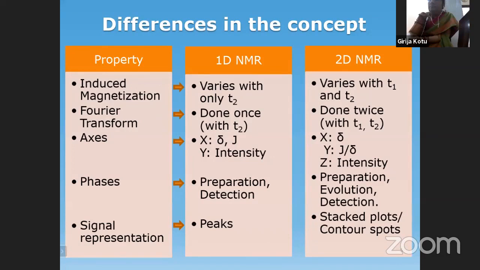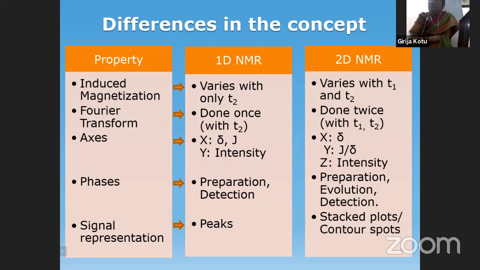Fourier transformation is nothing but this: the signal, which is a function of time, when you do the Fourier transformation, is converted into a function of frequency, where you can read the spectrum, which varies with the frequency, so that all the different kinds of nuclei, or if it is proton NMR, all the protons, are seen in the form of signals. Otherwise, we just cannot read the spectrum if it is with respect to the time domain.